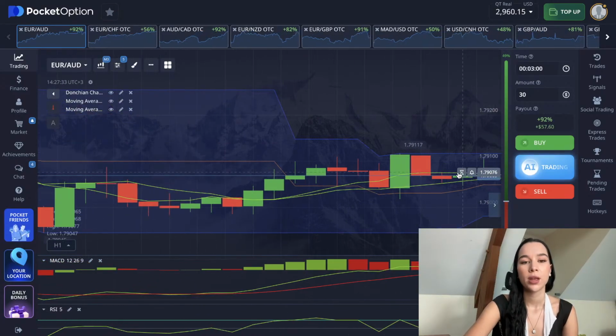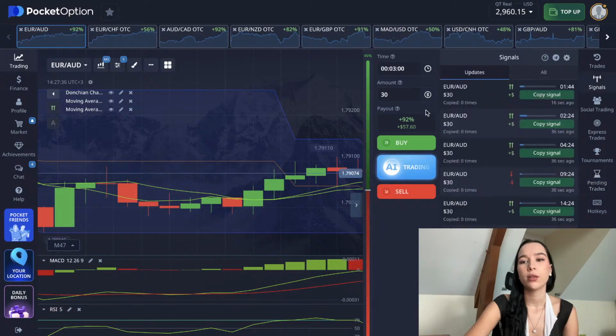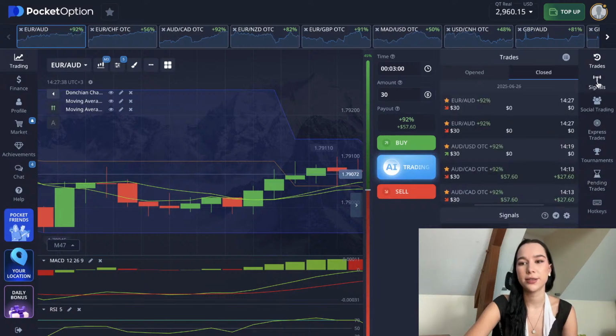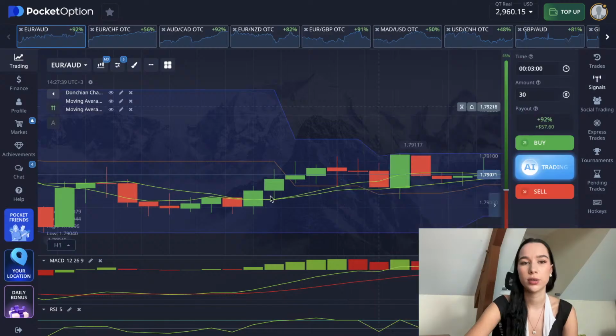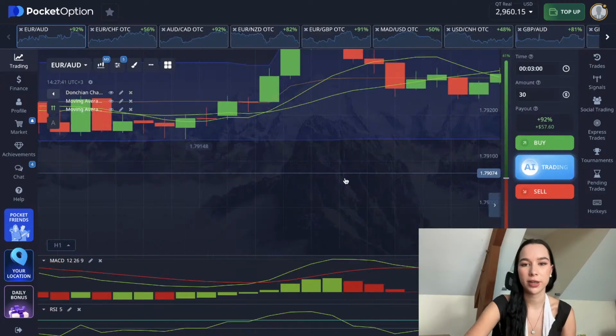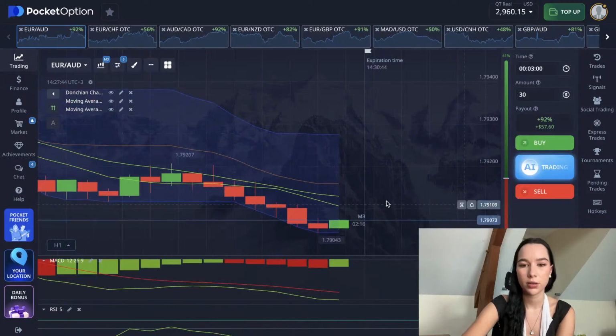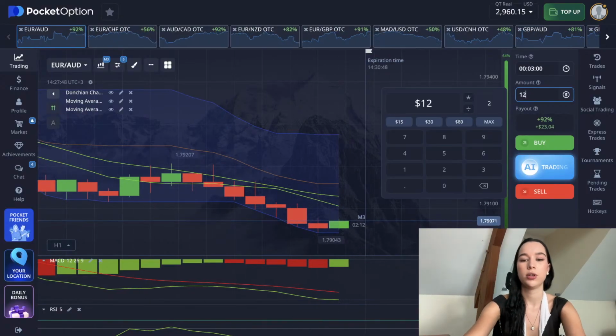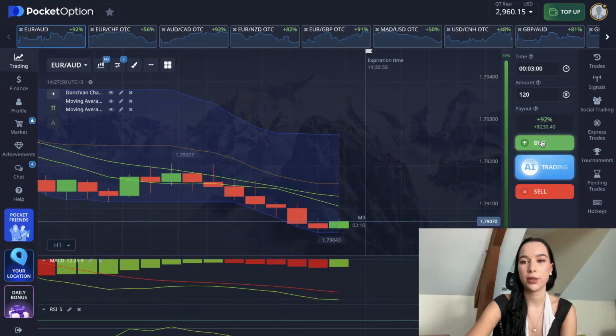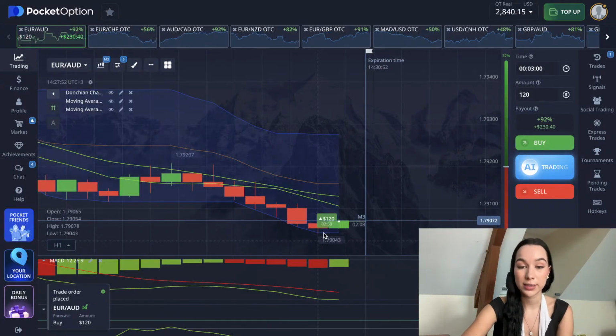Here the trend is changing pretty fast, so it's better to find something else. So let me wait a little bit. Here, as we can see, it's reversed a little bit. So let's just change the amount of money, and we can open the uptrend here. So here we can see